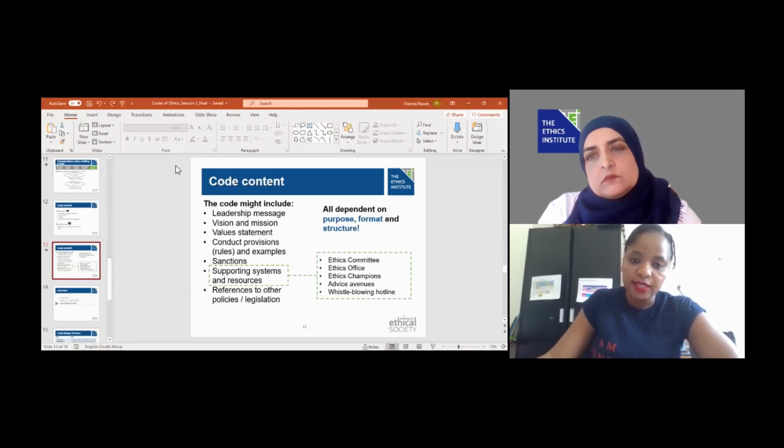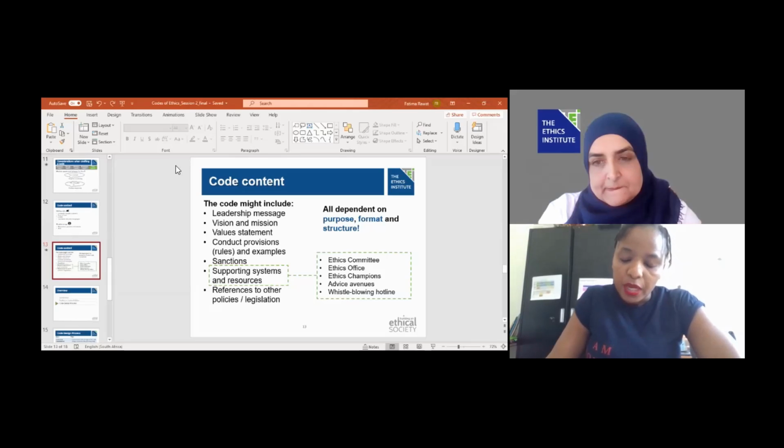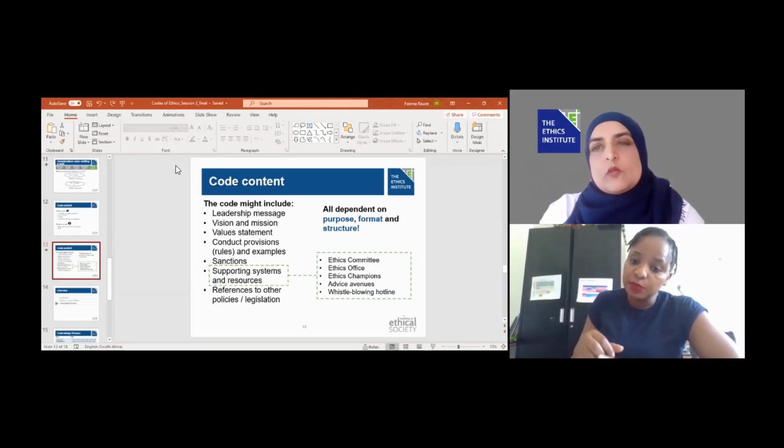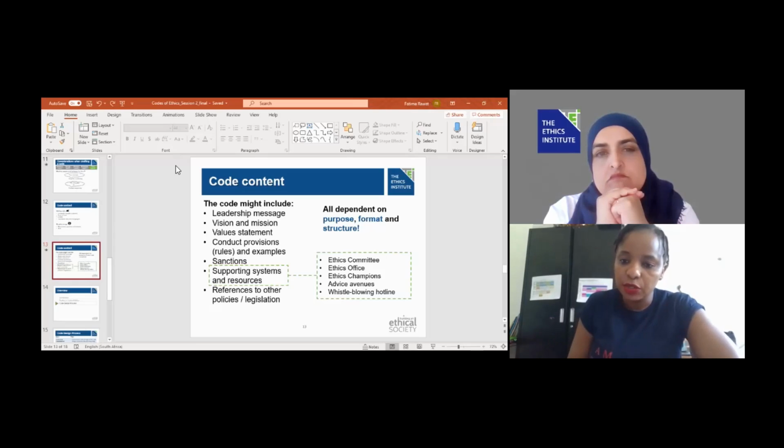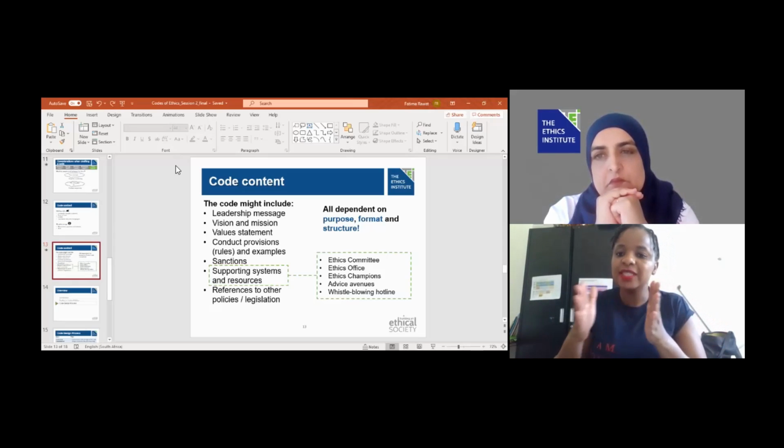And when I say localize it, it is not dismissing the values that are there or what was chosen, but to have an understanding of how they apply to your reality. I bring that because I know that that's the reality for a lot of the professionals in big multinationals in Mozambique, that we already have something drafted and our job is mainly to implement it. But the implementation needs to follow also a bit of a redrafting, because we need to look at it and see if the purpose that it was drafted for is still the same.